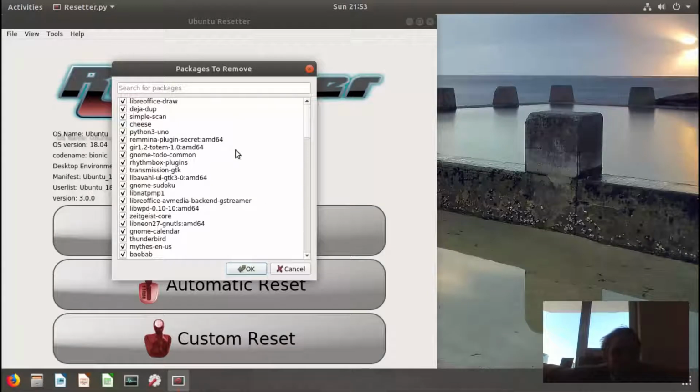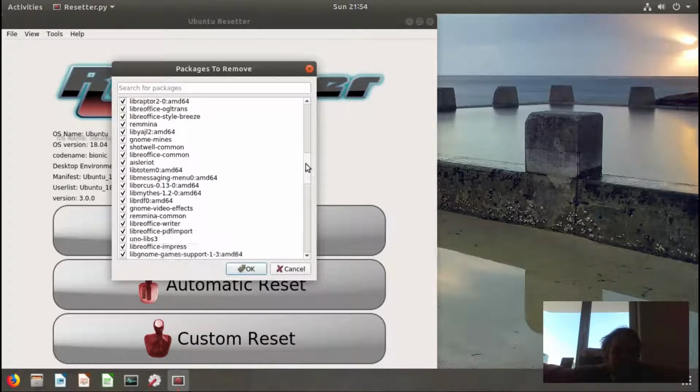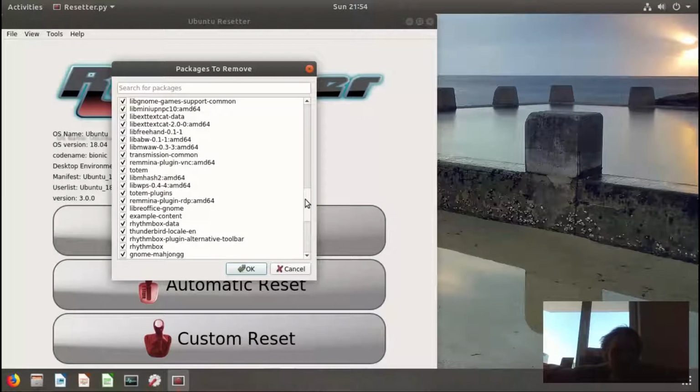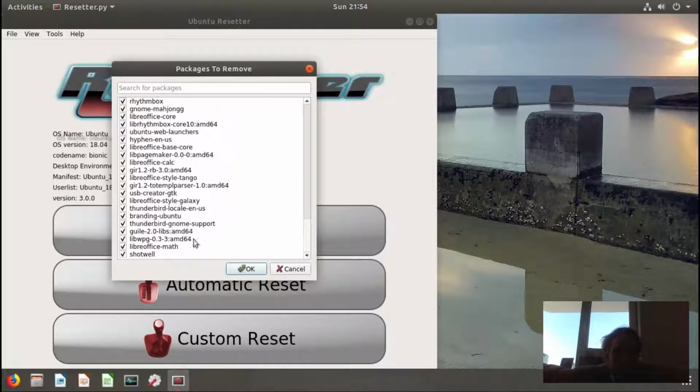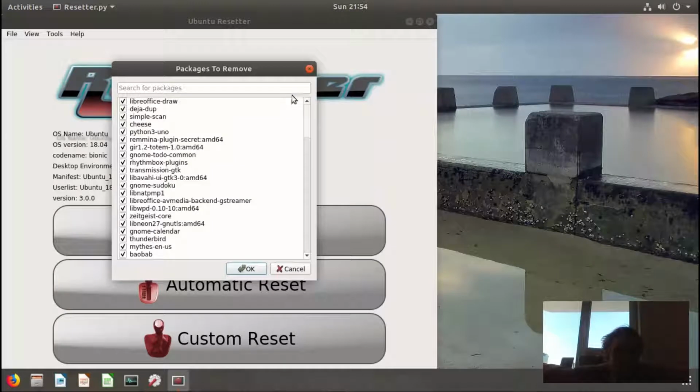This is not a software reset, and that is all the apps it's going to remove. As you can see, it's LibreOffice, it's GNOME Calendar, and there are some of the things you want to keep unticked, because otherwise it will be gone. So it's pretty simple. I'm gonna do a complete wash, but let's keep LibreOffice. So I'm gonna keep LibreOffice.